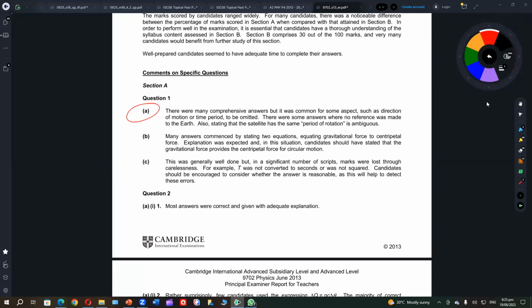There were many comprehensive answers, but it was common for some aspects such as direction of motion or time period to be omitted. There were some answers where no reference was made to the Earth, also stating that the satellite has the same period of rotation is ambiguous. So he wants people to mention direction of motion, west to east. In this orbit, the satellite moves west to east. It has the same orbital time period as the time period of the spin of the Earth, 24 hours,